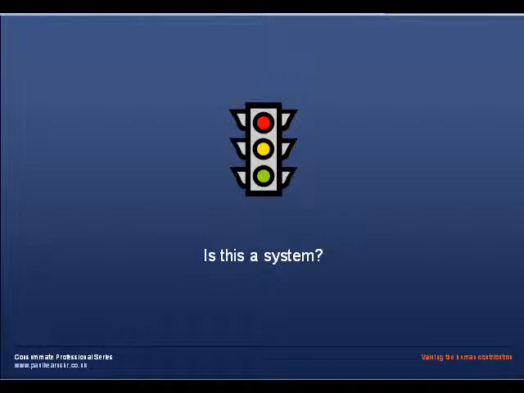Is this a system? Well, actually, a single traffic light on its own is not much use, because normally you need a pair of them, because the whole point of traffic lights is to control traffic moving at least in two directions. And also the mechanics of the system are important, the red light and green lights and the sequence, but they aren't the things that really govern this system.